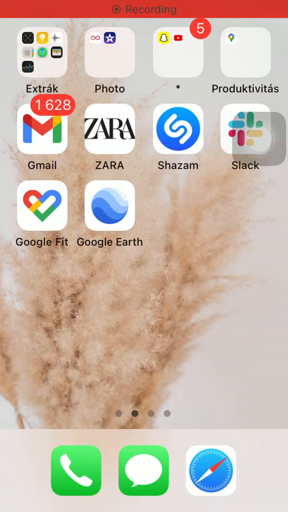Hello guys, in this video I am going to show you how to take a snapshot on the Google Earth application of a particular place that you have visited using the application. So this function is basically a screenshot of your